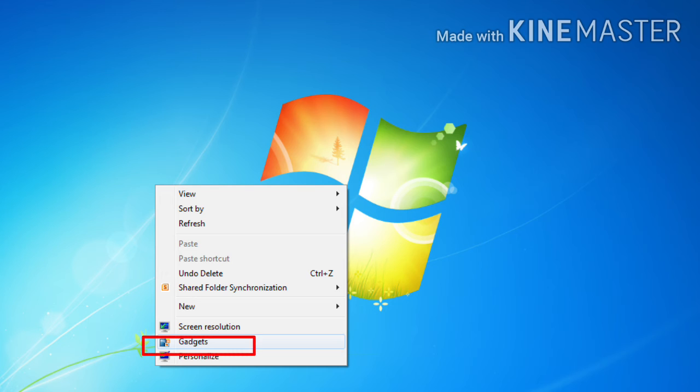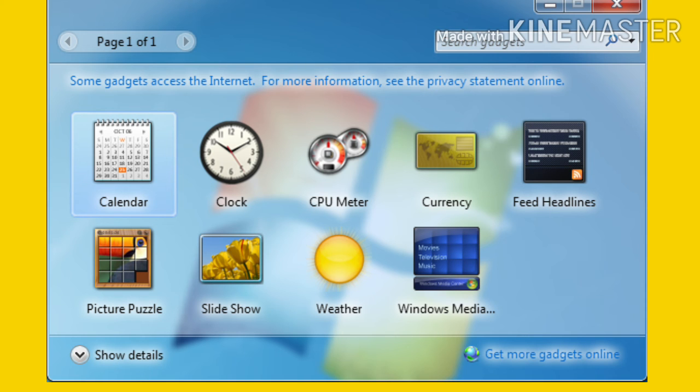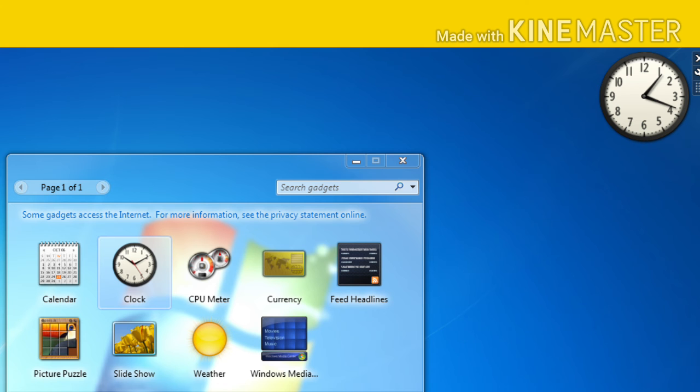From that, you can see the gadget option. Select it. When you select the gadget option, a window will appear on screen. Here you can see all the gadgets on your computer. You can select the gadget you want by double clicking on it or dragging it to the desktop. Once you do that, you can see the selected gadgets on your desktop screen.